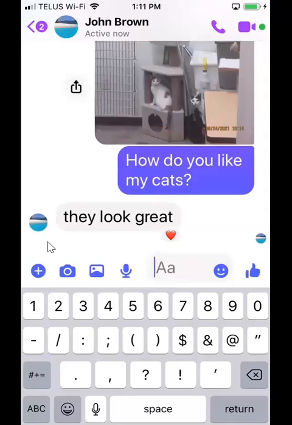I'll go one other step here. Rather than sending a picture that I've already taken, maybe I'm going to take an actual picture of something. So I'm going to say,